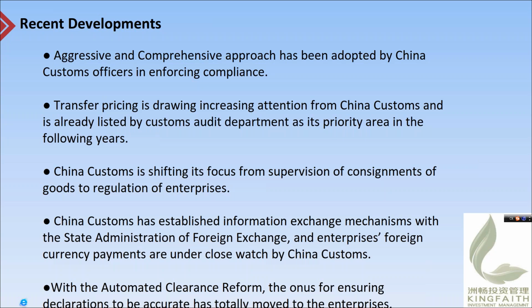These reform efforts will, on one hand, greatly expedite customs clearance, on the other hand, reinforce enterprise management and regulation prior to and post customs clearance. So in most cases now, enterprises will go through the customs declaration process free of customs verifications, and duties will be calculated and paid based on their self-assessment. So in doing so, the onus for ensuring declarations are accurate has totally moved to the importers,